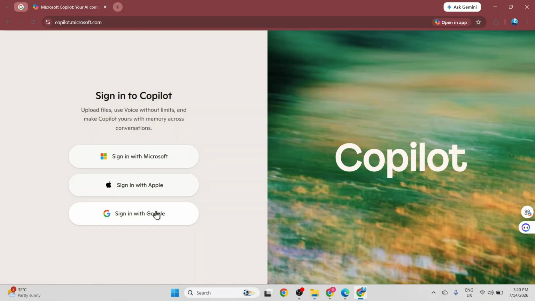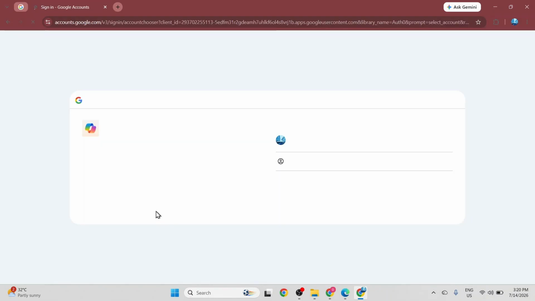I will wait a moment for the interface to load up completely. Once it loads, I click right into the main chat box area. Doing this brings up a green screen that gives me the options to sign in. I see three distinct login buttons here: Sign in with Microsoft, Sign in with Apple, and Sign in with Google. For this tutorial, I'll go ahead and click on the Sign in with Google button at the bottom of the